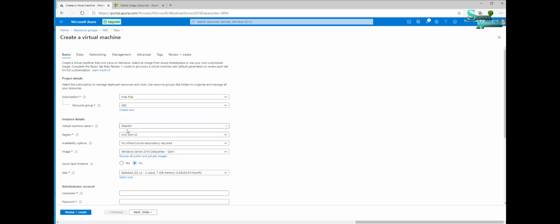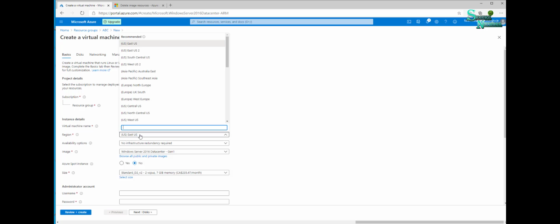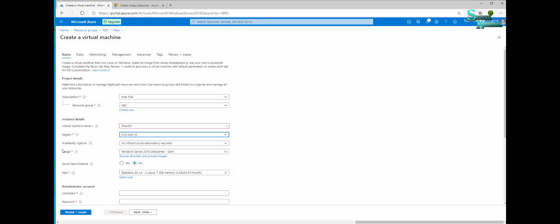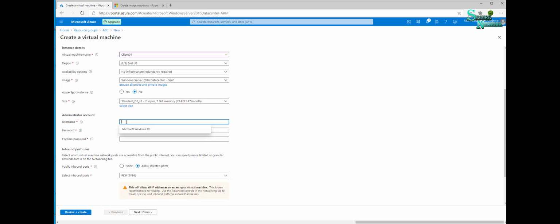This is only for test purposes, but usually when you create it you need to give it a name that makes sense. And here you see it is still asking for a region. It's up to you, you can pick any one close to you. For the username, let's say tadmin, and then for the password, it says that it has to be at least 12 characters. So we're just gonna